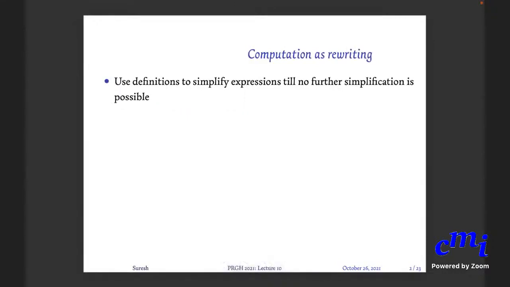So till now we have seen examples of Haskell programs. We have seen various notions. We are looking at lists, various functions on lists, how to do recursion, etc. We still haven't established what we mean by computation in Haskell. What is the procedure of how a program executes? How does a program run?